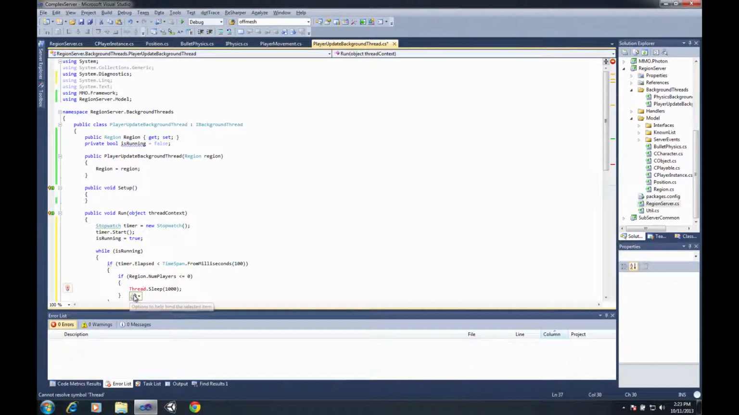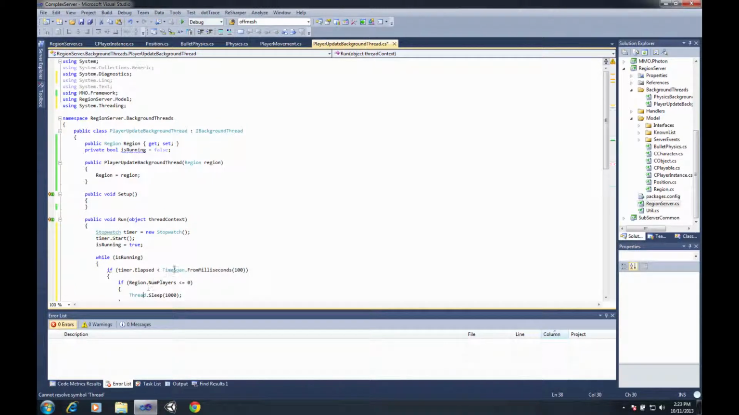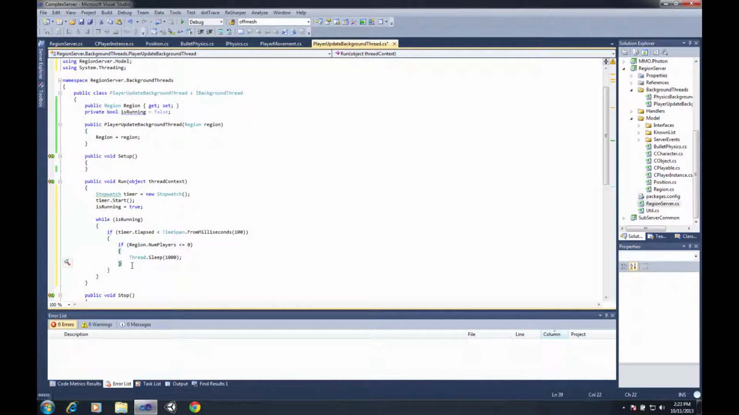And then this is going to come from System.Threading. There we go. And then I can continue. So what this is essentially doing is saying every 100 milliseconds, if there are no players, go to sleep for a full second. So it'll sleep for a second at a time as long as there are no players within this region, which is good because then we're not chewing up useless cycles trying to run updates when there's